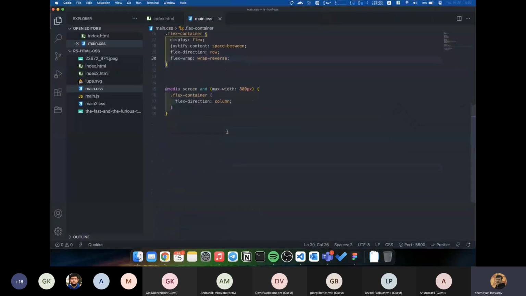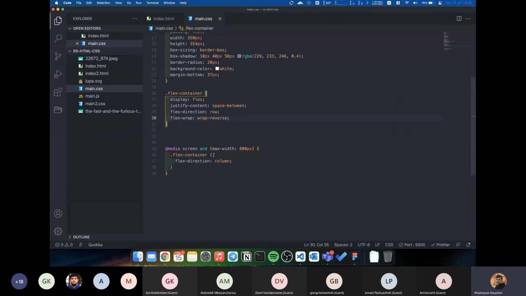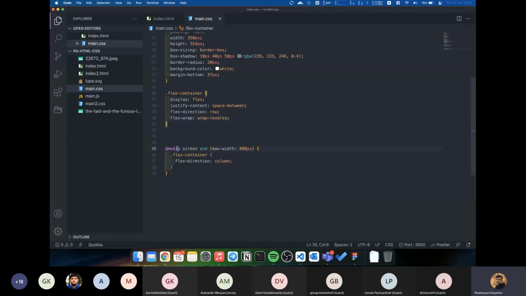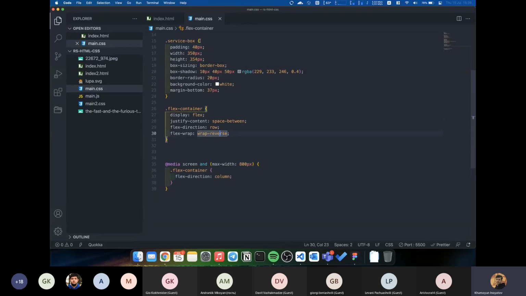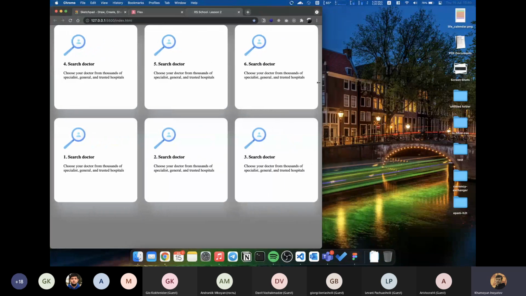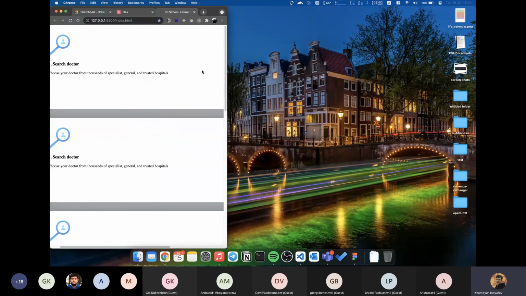And the next thing we can add here is the media query to make it responsive, and for the flex container we can add the service box also for the media query, and here it is. Let it be with 100 pixels. When you squeeze your browser, it will become 100%,